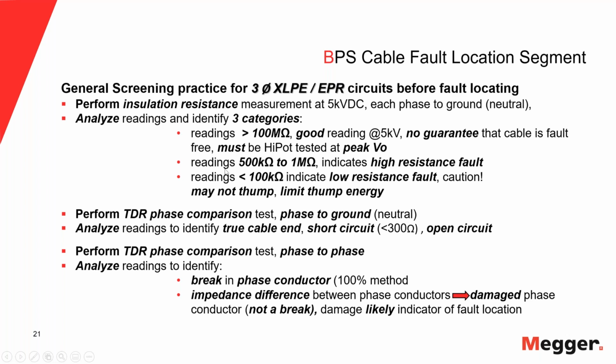And then I have sometimes faults that are much lower in resistance, less than 100 kilo ohms, and I have seen faults that are maybe 2 kilo ohms, 5 kilo ohms. And when we have those type faults, we have to be very careful, because sometimes these faults will not flash over anymore because they have so much leakage current that it cannot build enough voltage up to really flash over. And the other issue with those faults is we might have to limit our thump energy. And you might think that is a very strange thing to suggest.